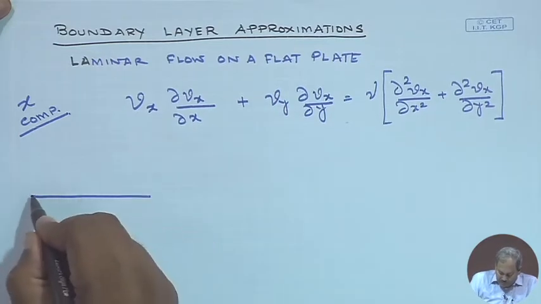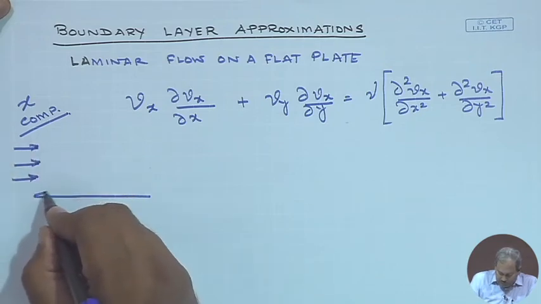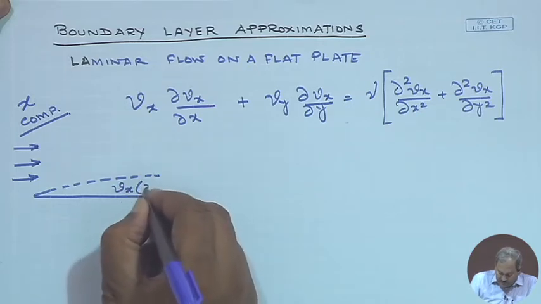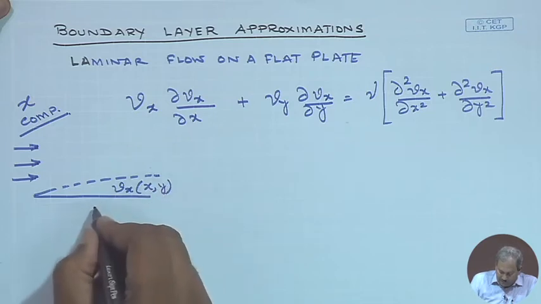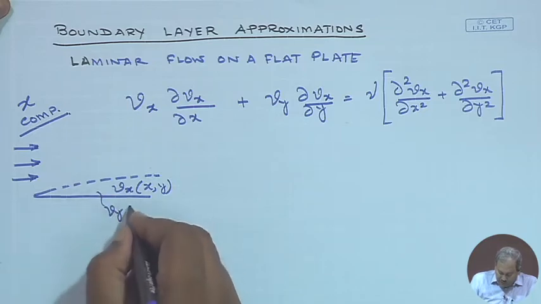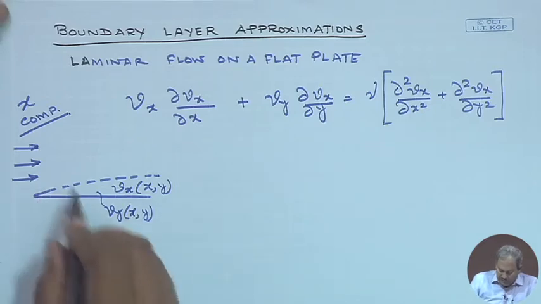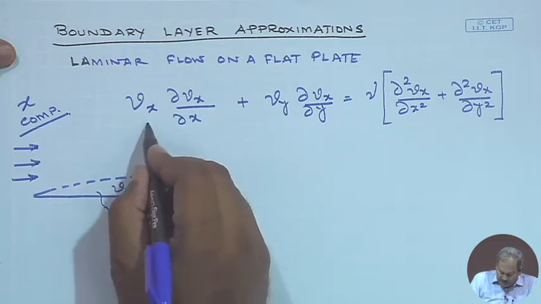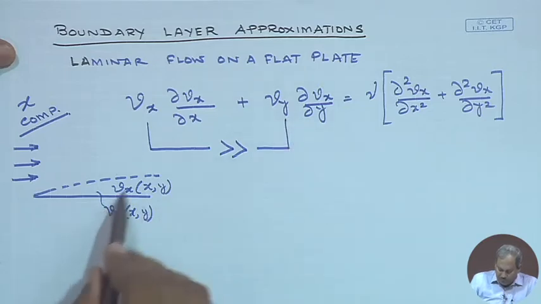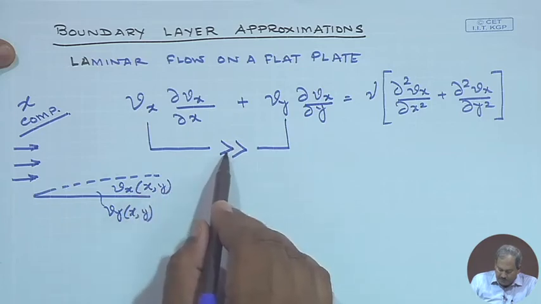mental calculation of the significance of each of these terms. Now, we are talking about a flow where this is the boundary layer, and here I have Vx, which as I understand is a function of both x and y, and for this boundary layer to grow I also have a Vy, which could also be a function of both x and y. But if we just analyze this, we can simply say that this Vx is going to be very large as compared to Vy. Vx, the component in the principal direction of motion, must be significantly higher